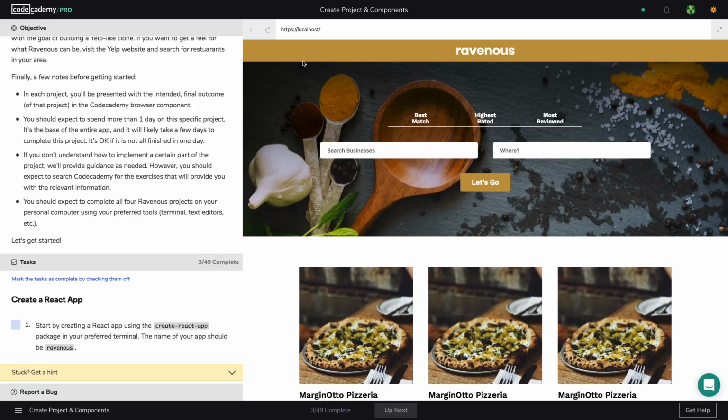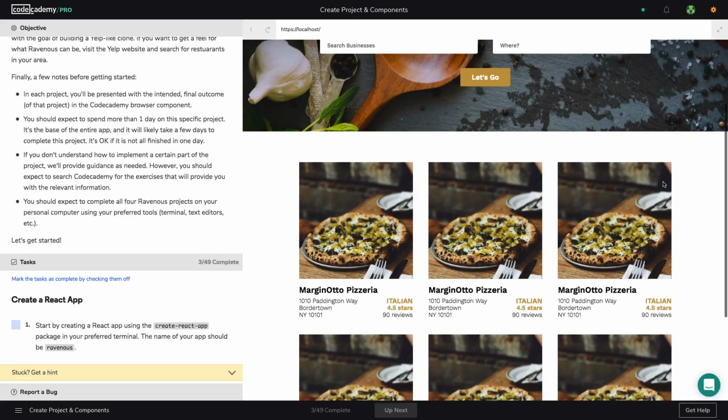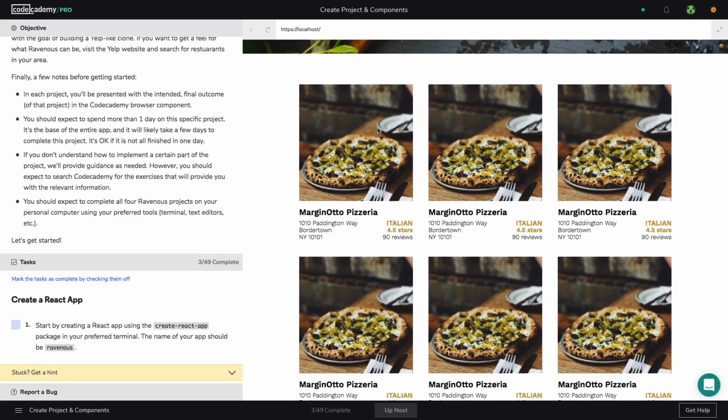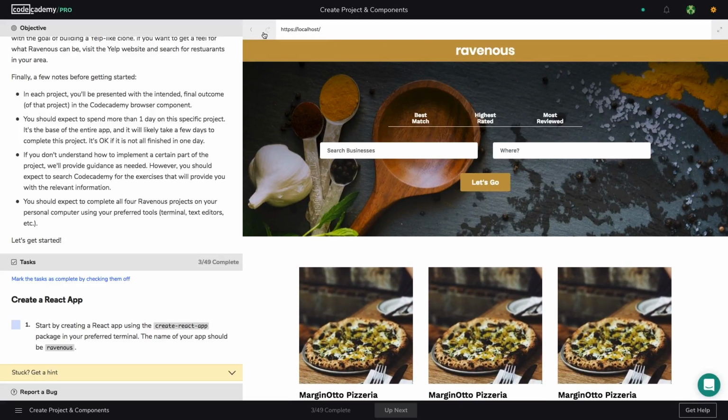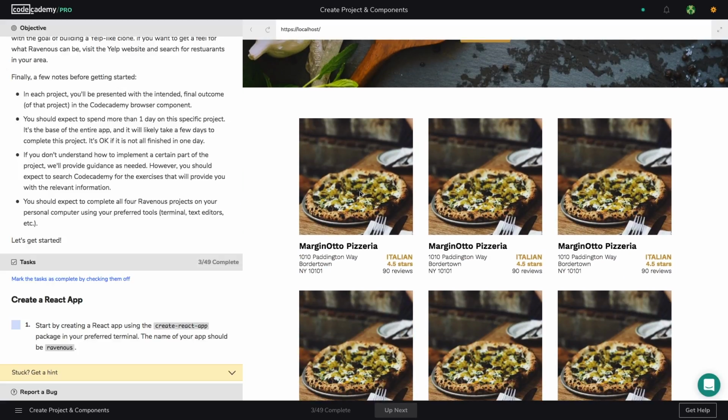So try to wrap your head around how the containers will be structured, what they will be containing, and how you're going to place them around. Right off the bat, you can already see maybe 3 components here. You have this big search header. Maybe within this search header, there's another component, which are the filters we're going to be using. And below that, we have what looks like a list of